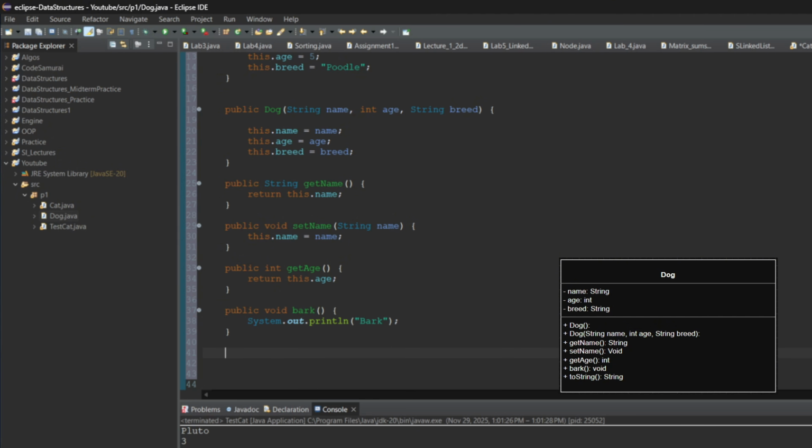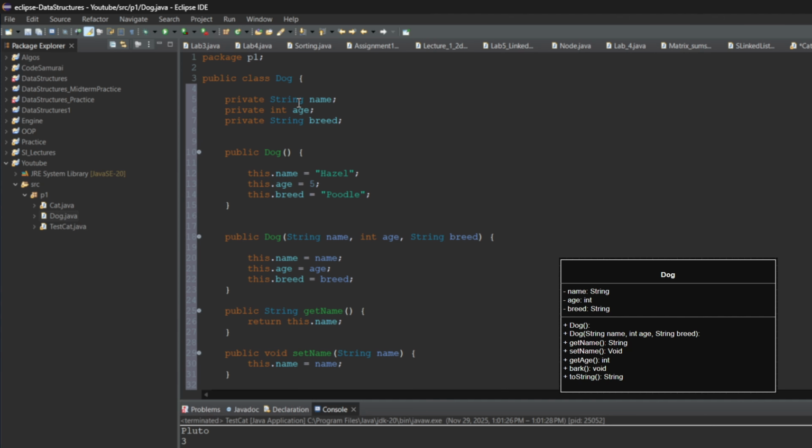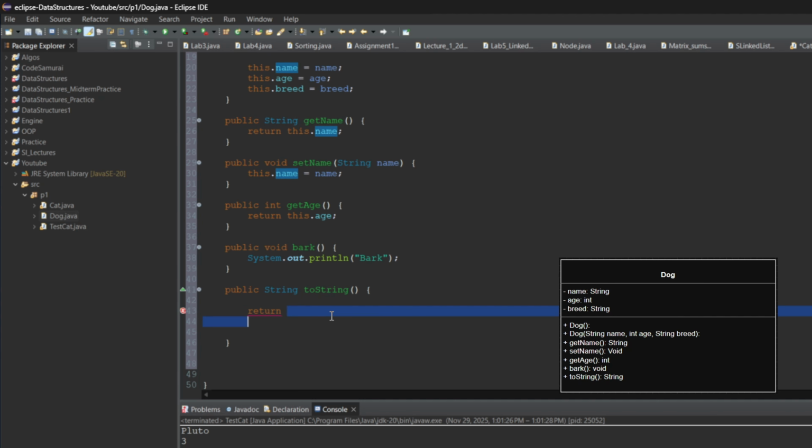And the last method we have is toString. So remember that plus in front means public. So public, this is going to return a String, toString. And the way that toString methods work is they're just going to return a big string with all the values of your data fields. So for example, name, we're going to concatenate this. So we'll make it look nice by doing this. "Name: " plus this.name, plus